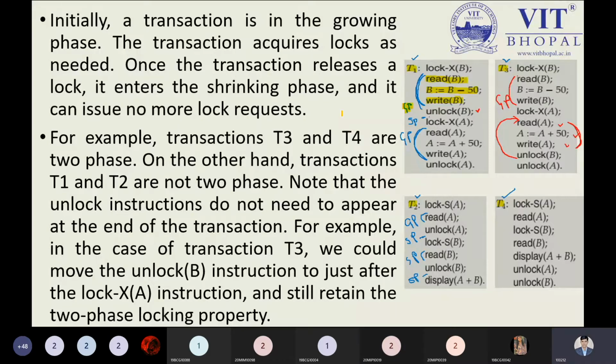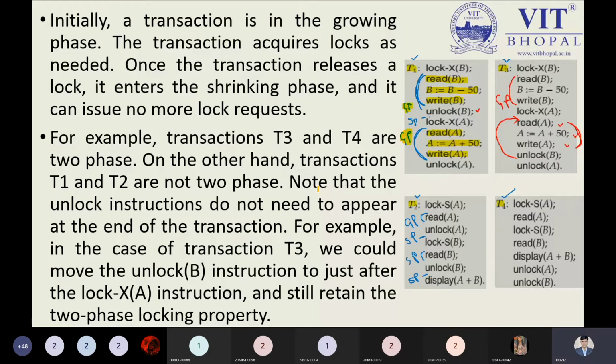Yes, sir. Okay, the same thing will happen with the lock X A. Say I'm reading A and reading B and writing A. So I'm following the growing phase over here. So now I'm happy. Now this is considered as a growing phase. So for a second you will say this is a transaction that consists of the growing phase and shrinking phase. But this is not a great answer. What you are observing over here, suppose after the write A operation inside transaction T1, after the write A operation, we have to use the data item B, suppose for display purposes or some other thing.